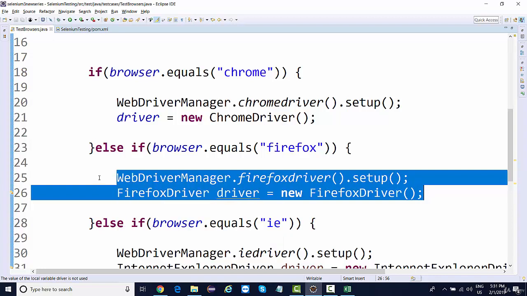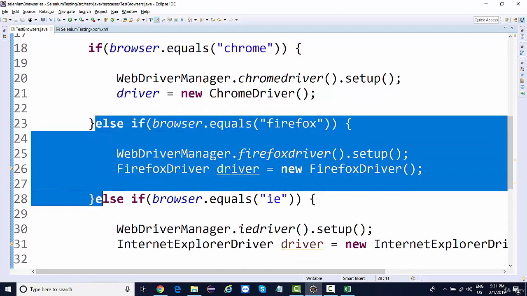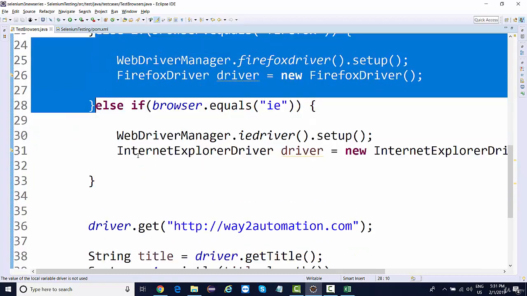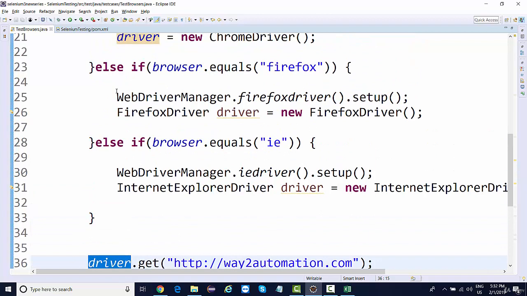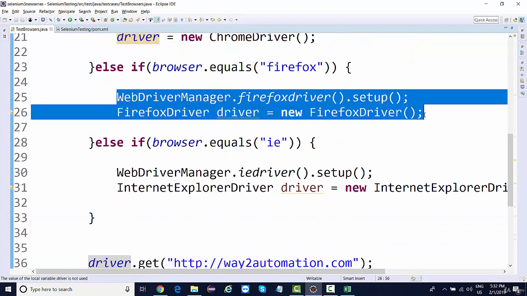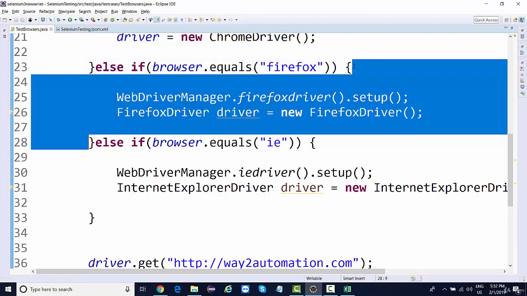After launching the browser, where will it go? It will see the else if condition is satisfied. Now it will jump over here and will try to execute this driver.get. But this driver, where is it coming from? See, right now these two lines got executed. So the driver reference that was initialized is still inside this block, right?